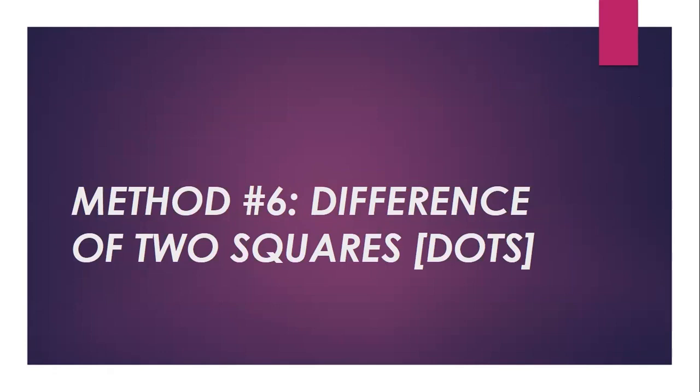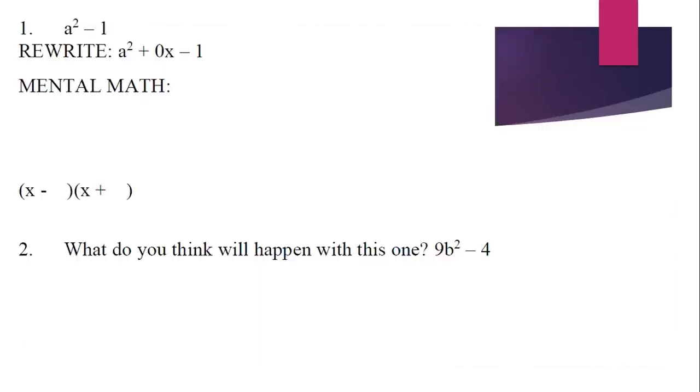All right, the first method we're going to go over is method number 6, difference of two squares. If you look right here, Miss Jones wrote a lot of things multiple times. So we're going to just make all of these A's. There we go. So we have a squared minus 1, and we're going to rewrite it as a squared plus